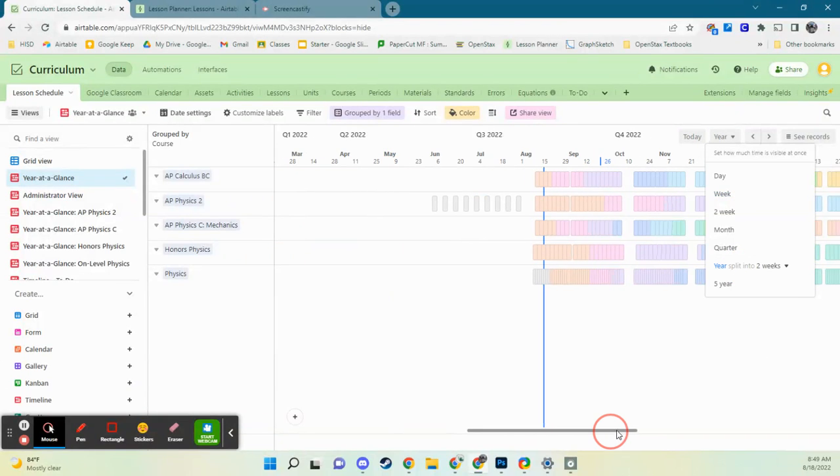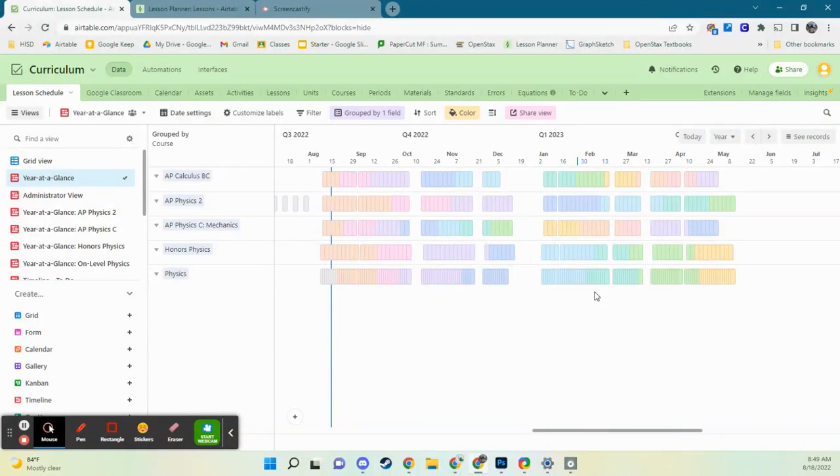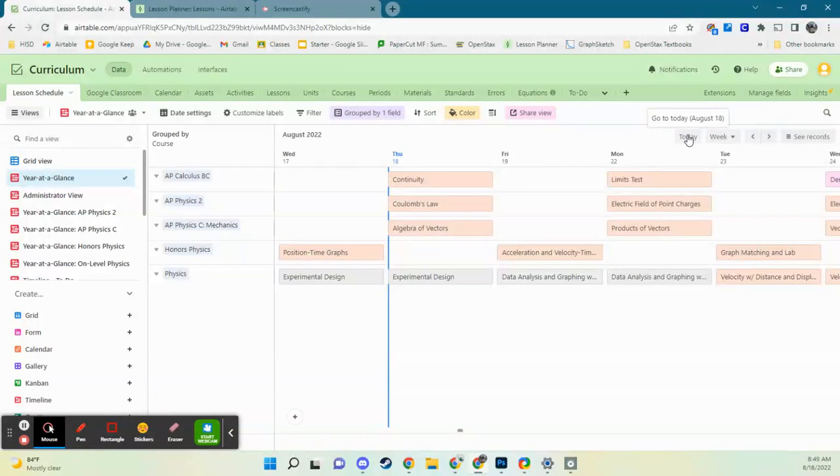So I'll plan out my whole year, and I can look at it in this beautiful timeline view. It's separated by class. I can see every lesson, what day it's going to be on. I can see if my units break down nicely with like fall break, Thanksgiving break, based on the colors. The colors here are the units,